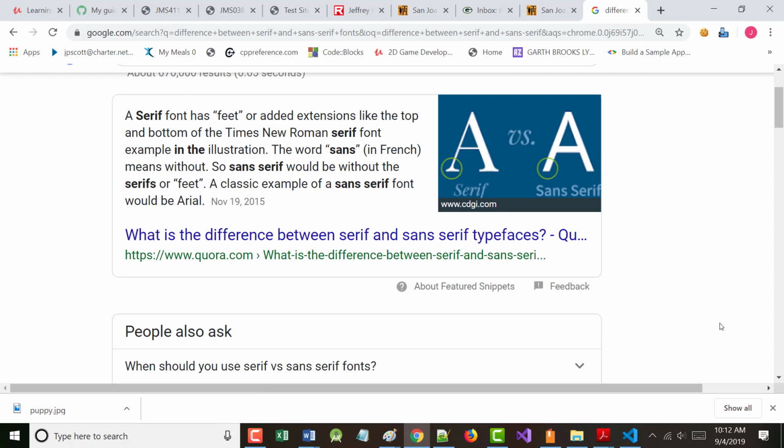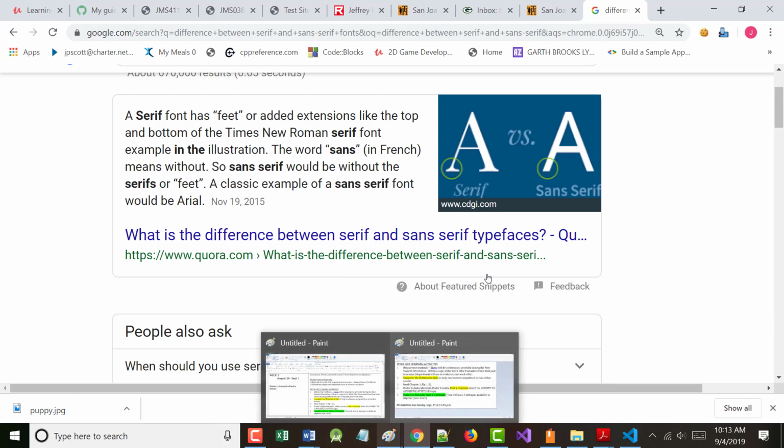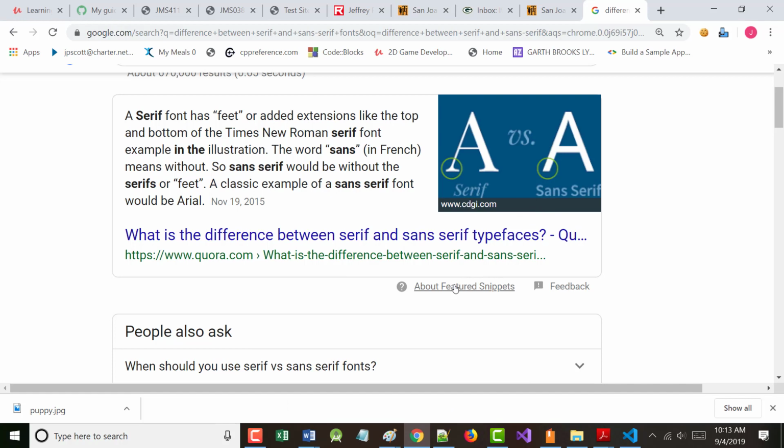Look on the screen. Serif, sans serif. See the difference? Now, they tell you in the book here, question? Oh no, I was saying sans serif and serifing. Yeah, okay. But